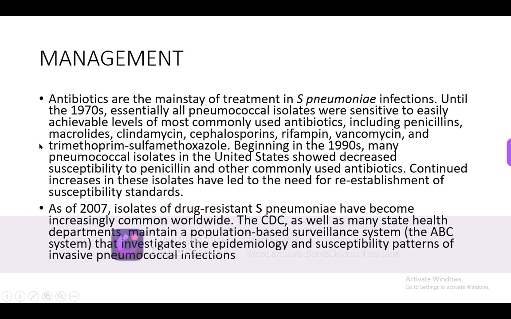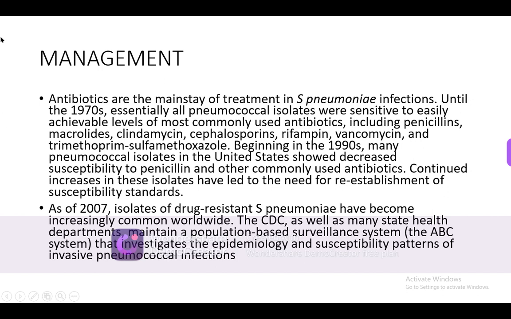The management. Here it comes that antibiotics are the mainstay of the treatment of Streptococcus pneumoniae infections. Until 1970, essentially all pneumococcal isolates were sensitive to easily achievable levels of the most commonly used antibiotics. It is a gram-positive coccus sensitive to the beta-lactams, cheapest are the penicillins, including the macrolides, clindamycin, cephalosporin, rifampicin, vancomycin, trimethoprim-sulfamethoxazole, that is cotrimoxazole, or